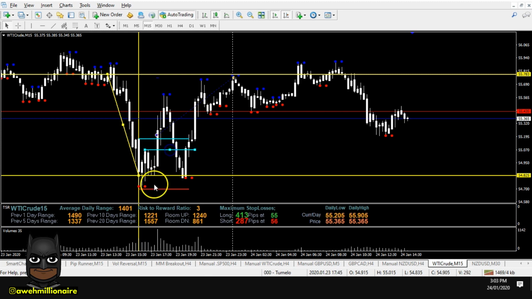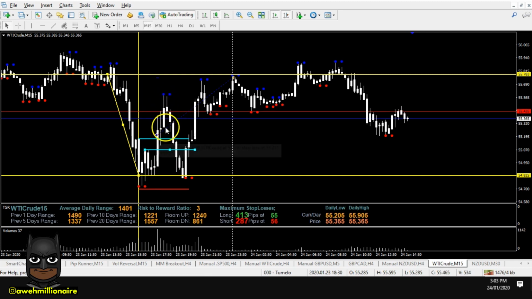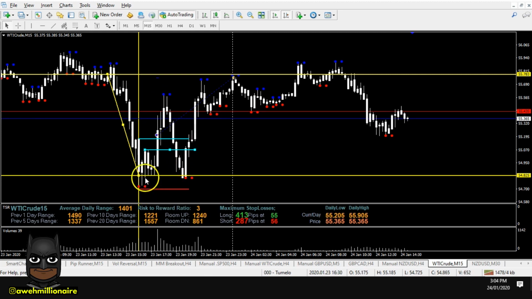So there we go. You place your entry and your stop loss before the news is released, and then the news was released, and as you can see, price shot straight into the trade and went straight up with high volume. So you know the banks are participating in the market at that time. It shot up, and the rest is history. It did come down a little bit. Again, the stop loss was on the fractal low, just beneath the demand level.